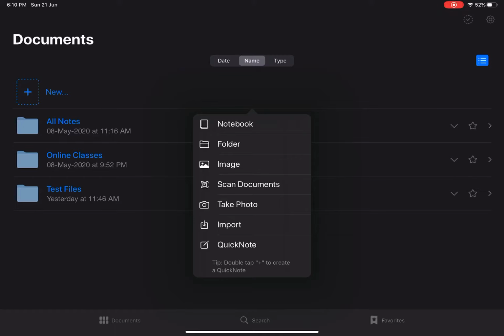Okay, now we are going for this notebook. So let's just touch on notebook now. Once you go in notebook, you will find there are different options. Here you will find different types of pages, different varieties, so what you want, you can just check. One thing is very good for music: for notation, they have four lines, all these things are available there. Now we are going to go for the blank page first. Blank is completely white.